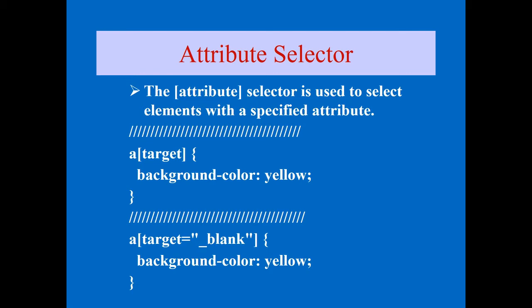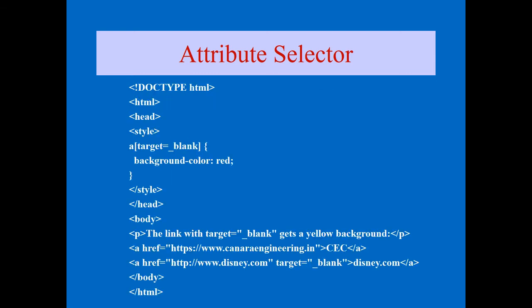In the same way, if you want to use the particular value of that attribute, target is the attribute, and under that one there is a value like _blank or _top. So I'm putting the value _blank, then background-color colon yellow. So whenever this attribute along with this value is present, only then is there an impact. Getting my point? That is the advantage of the attribute selector. You can set properties for a particular attribute, or for a particular attribute along with its value, with the help of attribute selectors.